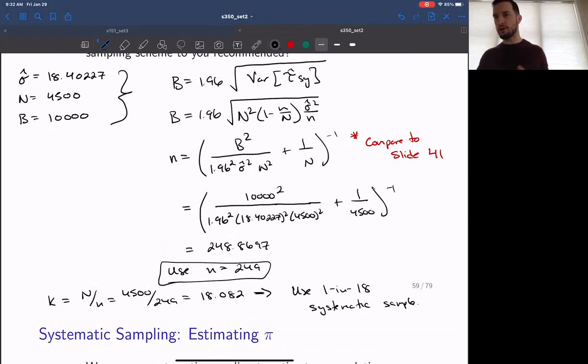So similar style question, familiar flavor in terms of finding sample size. A nice twist because you have the systematic element to it. So there's a little bit extra there, but for the most part, pretty similar to what we saw in the SRS case. So we've seen 3 examples of sample size calculation now, all pretty much the same. If we were interested just to determine the effect of the 1 over 4,500, so that's a pretty small value, but nonetheless, if we took a quick look at it,